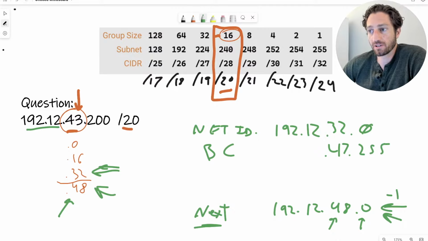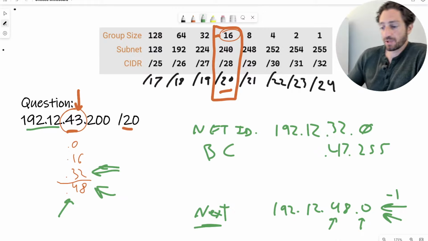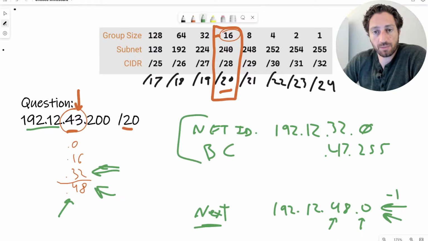And I go into more detail on that in the video. I think video 6 is the one where I talk about third octet subnetting, and video 7 is first and second octet subnetting. But you'll see the strategy is the same. But in any case, right there, I've just solved for the network ID and the broadcast IP and the next